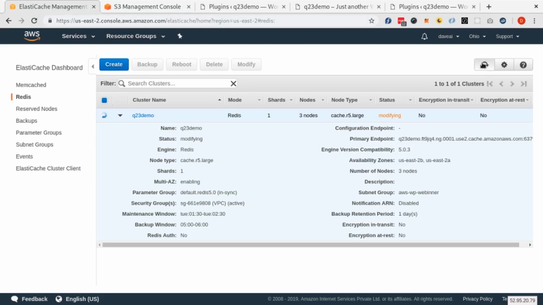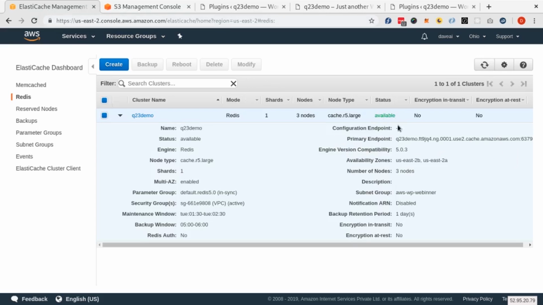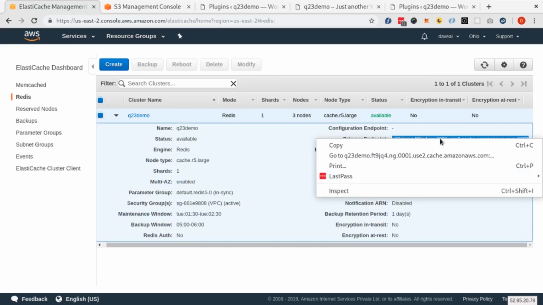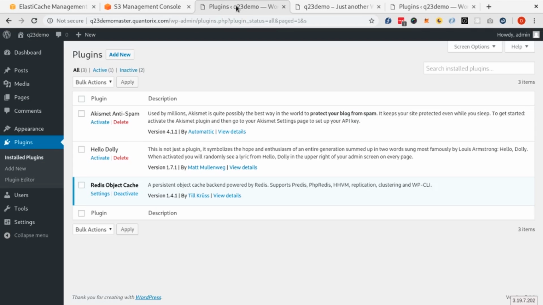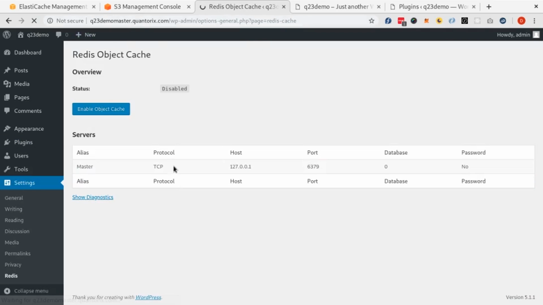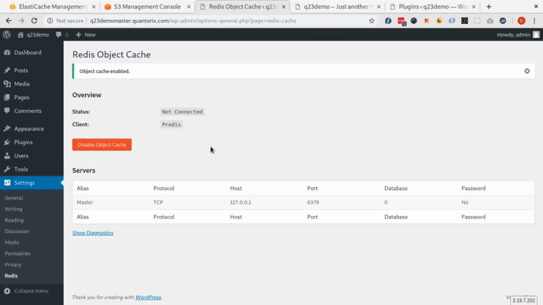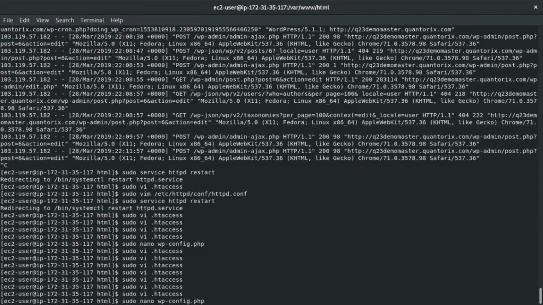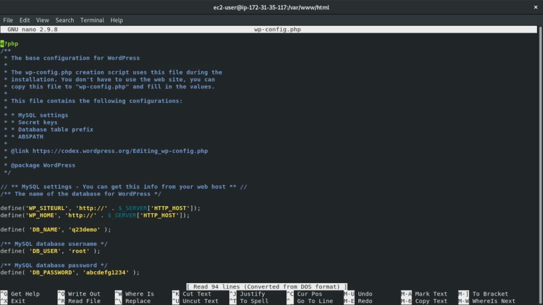Let's check it one more time. Yes, it is available now. We will just copy this endpoint from here, and we will go to master and then settings, then enable the object cache. And then again we will go to the code, we will edit wp-config.php, and here we will define something like